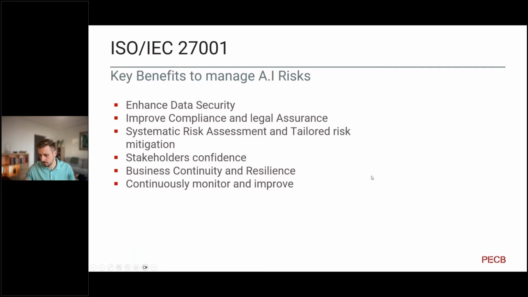So as you may know, ISO 27001 is a widely recognized international standard for managing information security. It provides, as you use it, a systematic approach to manage sensitive company information so that this information will remain secure. And I would say the main benefit is that ISO 27001 provides a structured and comprehensive approach to managing the specific risk associated with AI, if we use it for AI. So we put some reasons why it could be interesting to use the standard.